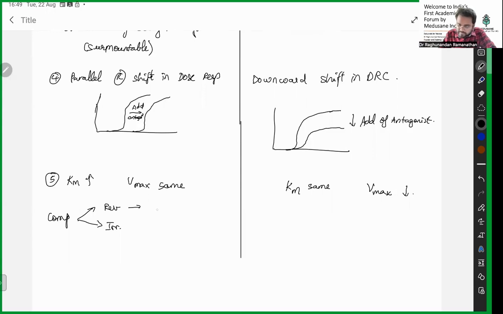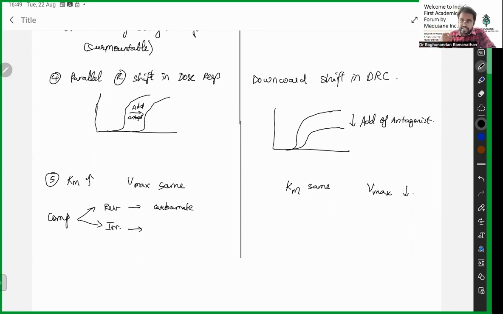So what is the example of reversible competitive? Carbamates. Irreversible: you can't do anything, he has come and he is going to stay permanently as a friend. But at that time, what you have to do? You have to increase your dosage. So that is going to be irreversible competitive. At one particular point of time, even though you give more amount of dose, there will be no use.